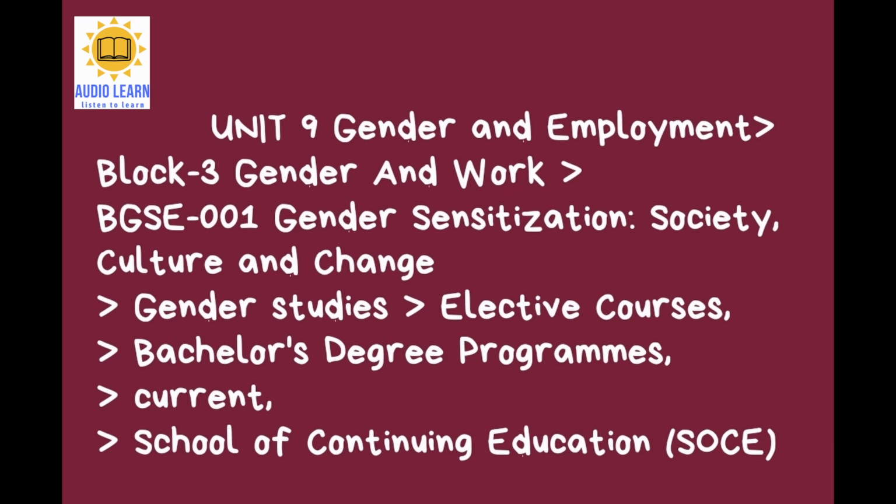Internal gender segregation. Internal gender segregation is when women and men are employed in the same occupation but carry out different levels of work functions. For example, in school teaching, primary classes, classes 1st to 5th, are preferred to be taught by female teachers, while secondary classes, classes 9th to 12th, are taught by male teachers too.